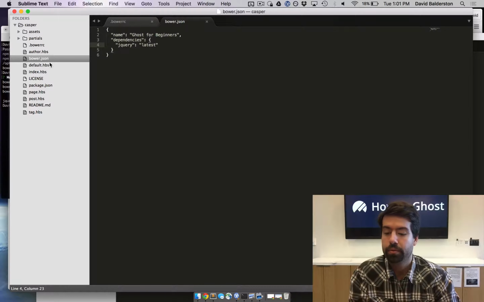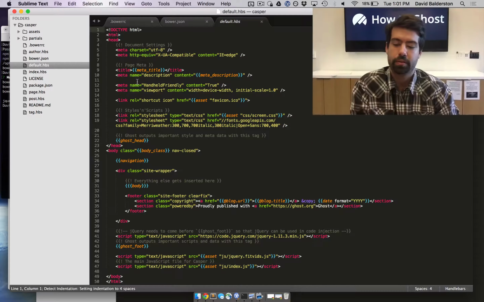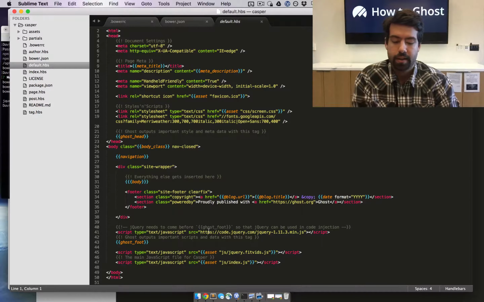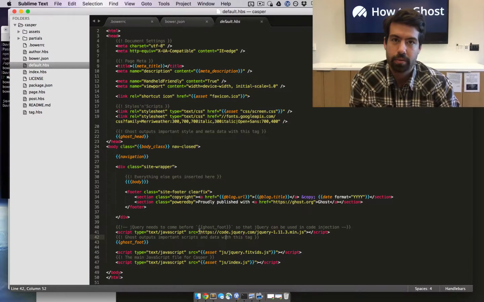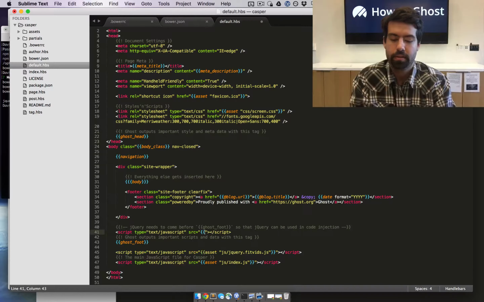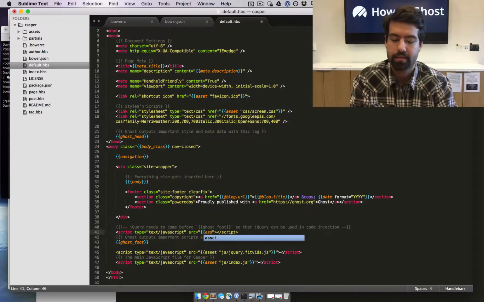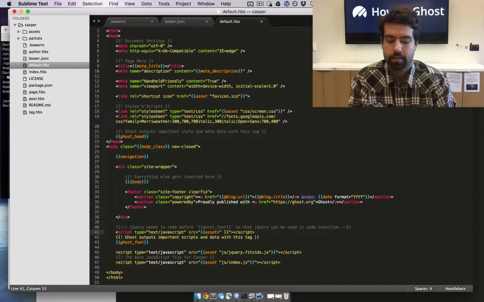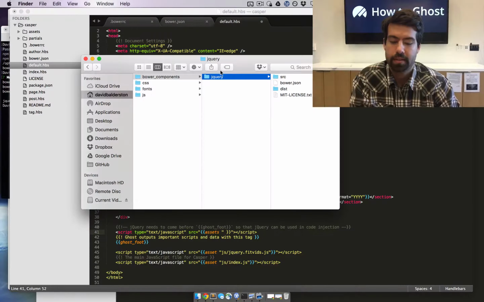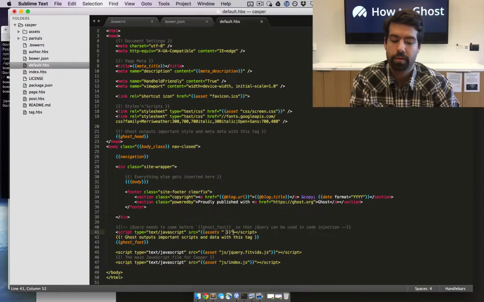Now to link to this file, you want to go to your default.hbs or wherever you want to include the script. Casper already has a link to the jQuery code, but we're going to change that to the local one we just downloaded. So the source we're going to change. Since we put the bower_components folder in our assets folder, we're going to do assets. And then we want to add it in here. Now we need to find the path that it used. So it's assets, bower_components,